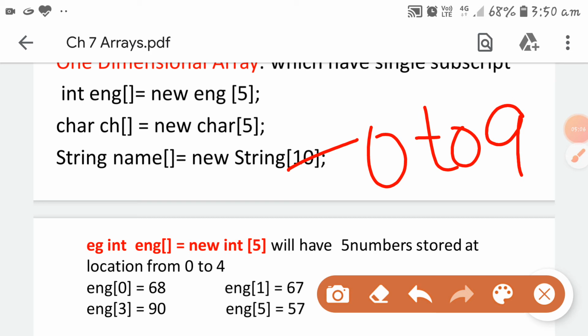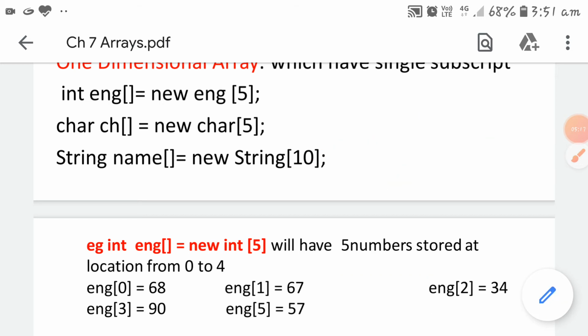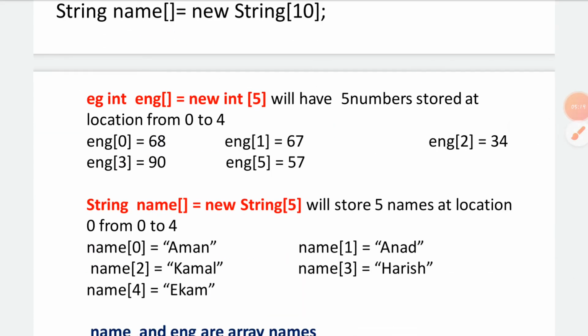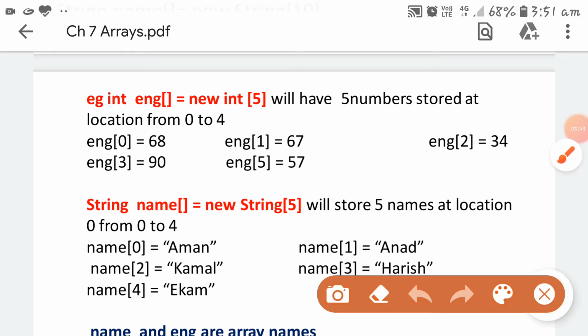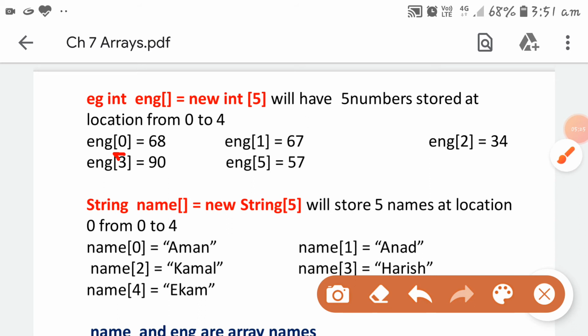Count 0 to 9, it is 10. Just like strings, the array location starts from 0. Here you can see what I have shown: 68 are the marks of the first student, stored at location 0. Then 67 at location 1, 34 at location 2, and 90, the marks of the fourth student, stored at location 3, and the fifth student.